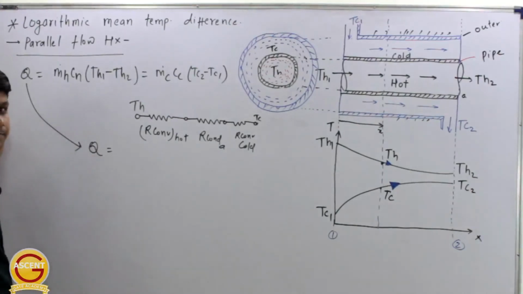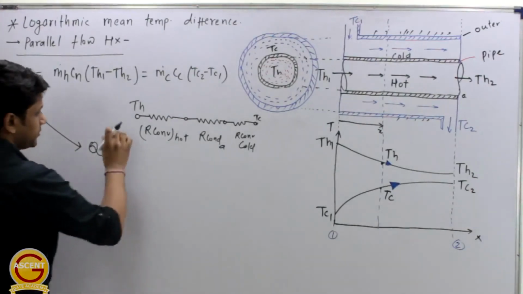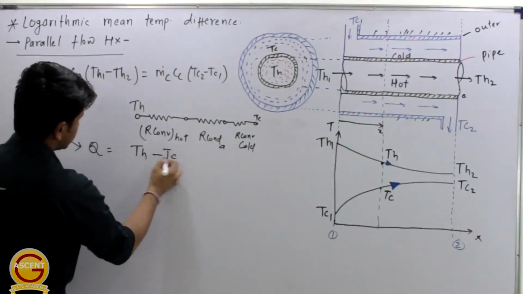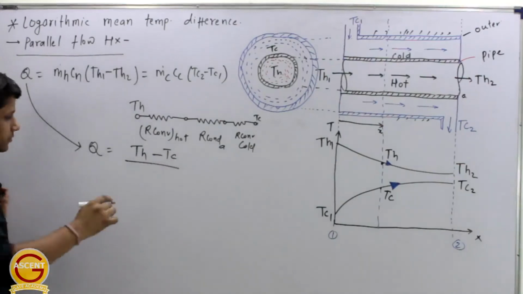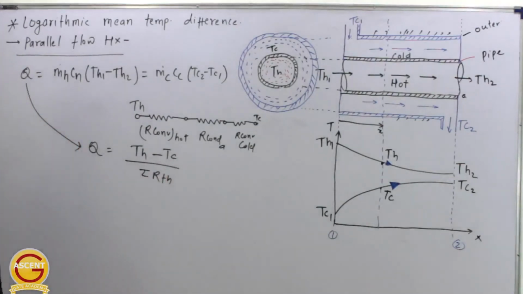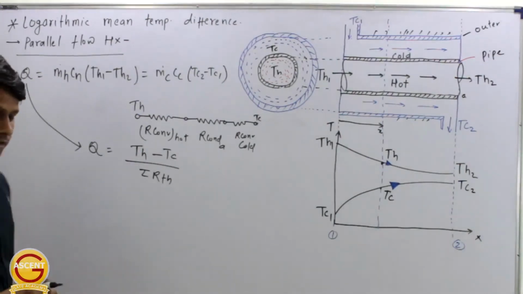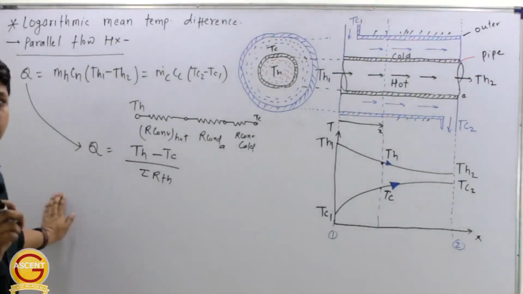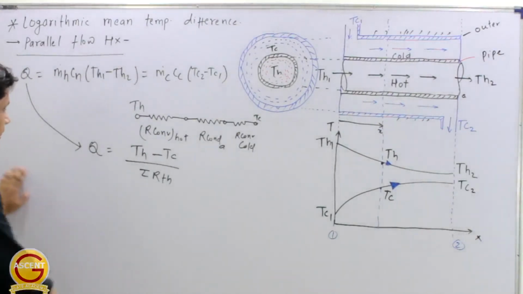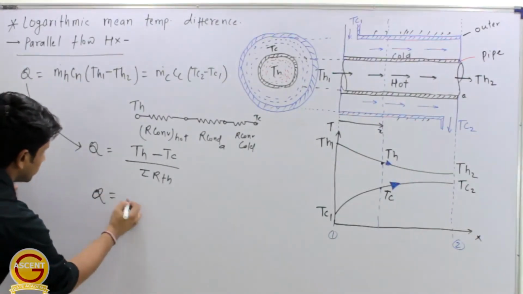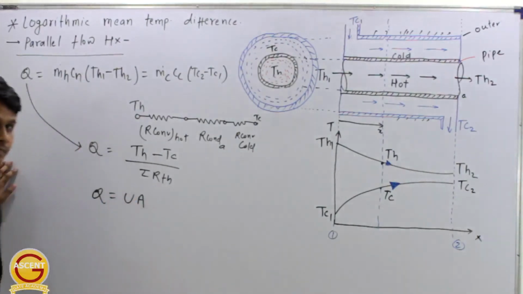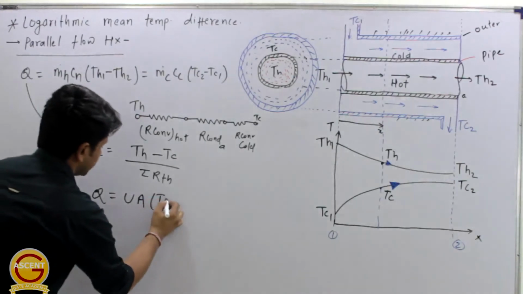If we take the overall temperature difference TH minus TC, then we have to take the summation of thermal resistance RTH, correct? And now if you remember, we introduced the term overall heat transfer coefficient, and this can be given by Q equal to U multiplied by area of heat transfer into TH minus TC,